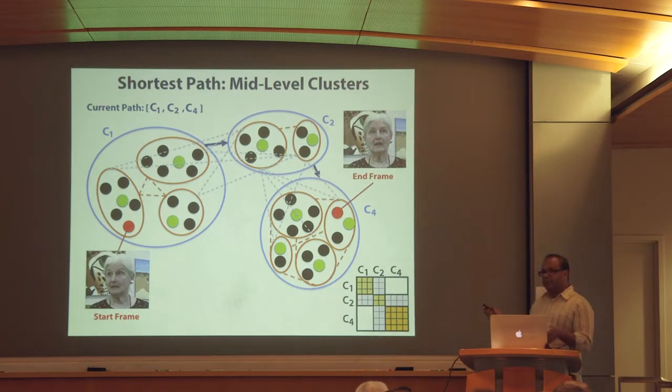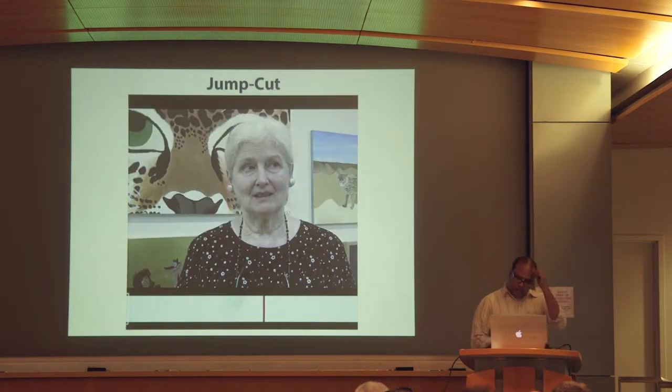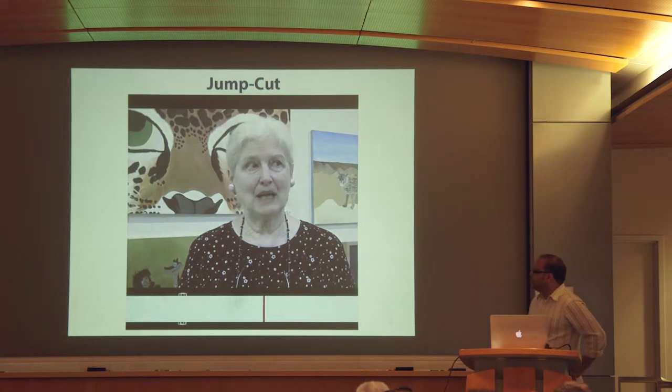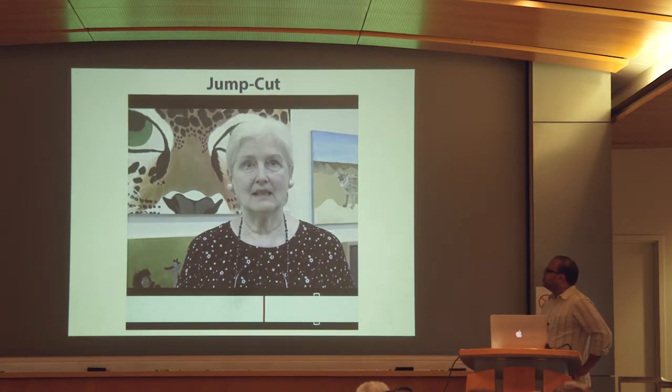Now, I should point out that in the worst case, this is still an order n squared algorithm. But in practice, this approach really exploits the coherence in the videos. And what we've observed is that it runs much, much faster than order n squared. In many cases, it scales linearly in the number of frames. OK, so here again is the cut for which we wanted to generate a hidden transition. A public space that is rendered out.